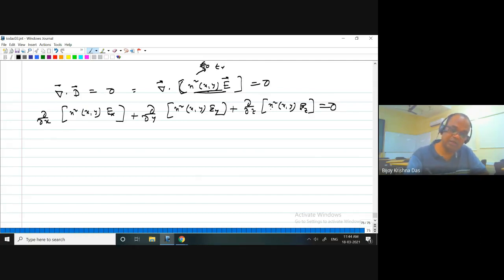And since you are taking the partial derivative with respect to z, this part is like a constant, so only Ez, and if you make a derivative with respect to z, you get minus j beta. So that will be actually equal to del x n square xy Ex